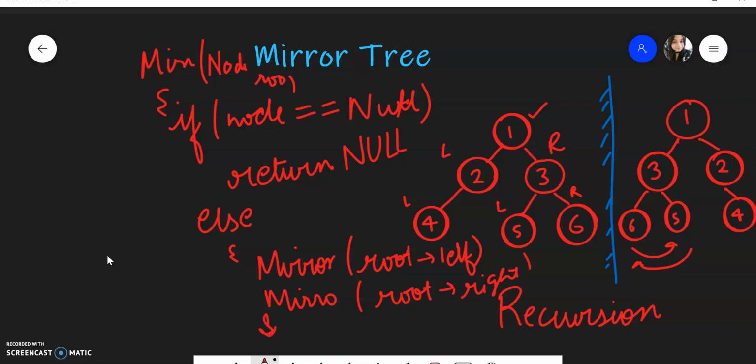And then we can swap left and right nodes. So this is a pretty straightforward algorithm.